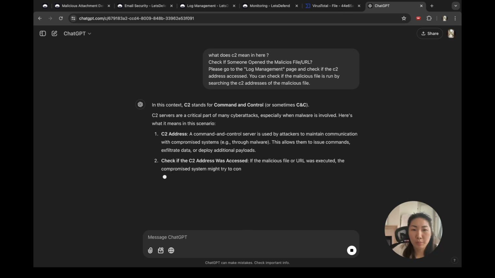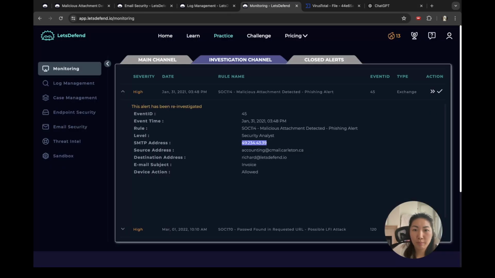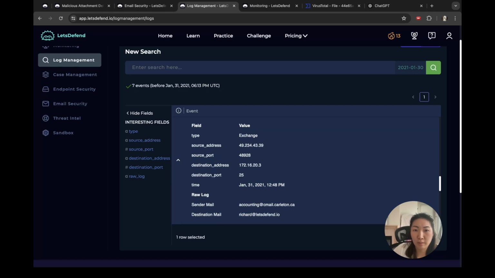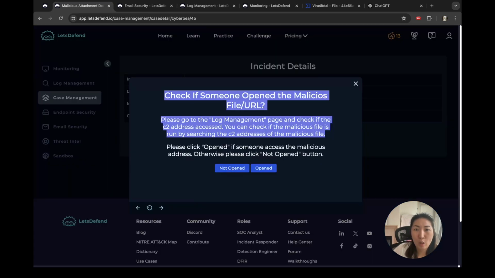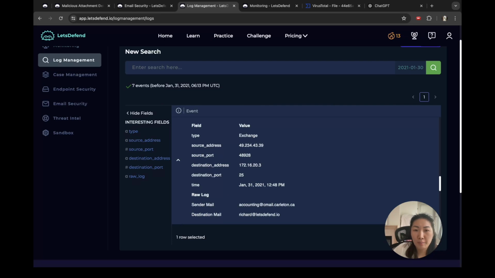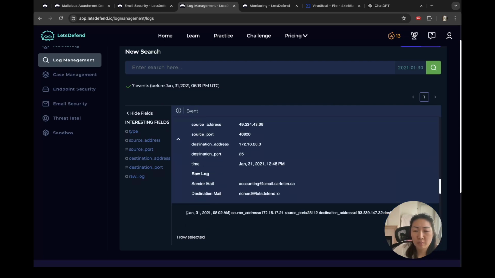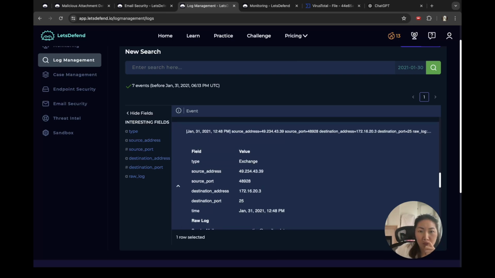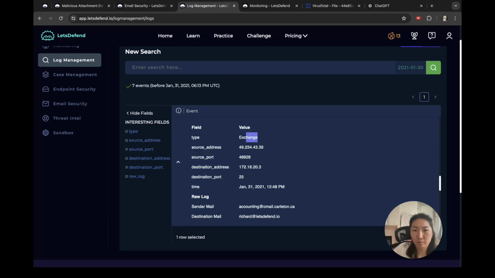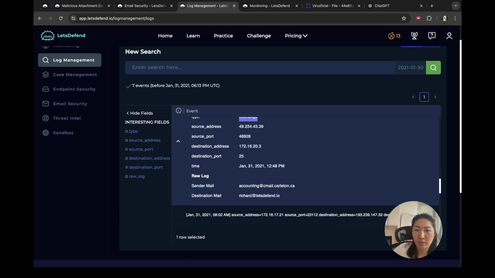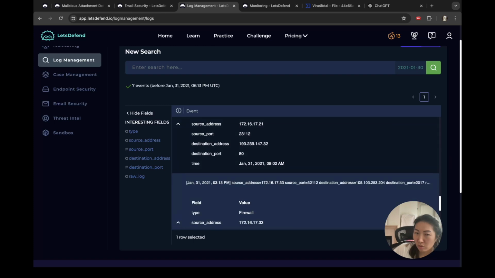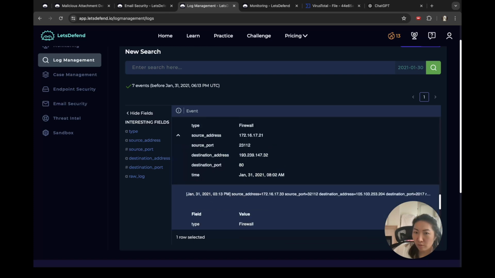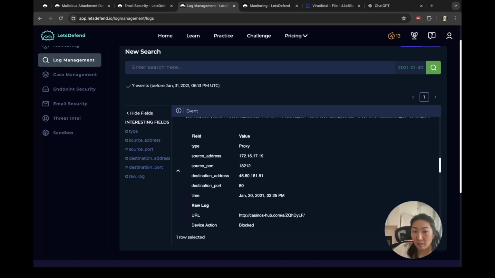Well, how would you know? How would you know that by just looking at this? You can't. The device action it allowed, so they obviously delivered it, but did they, what was the question? Did they open the file? They open the file. Maybe I should ask, what does this mean? Value at exchange. Firewall. If they open the file, proxy,